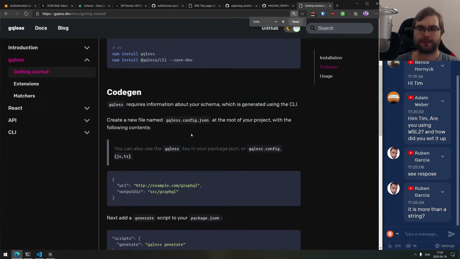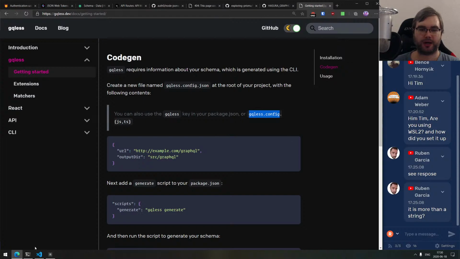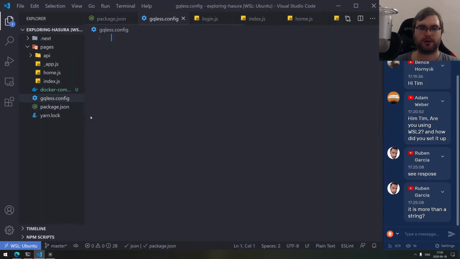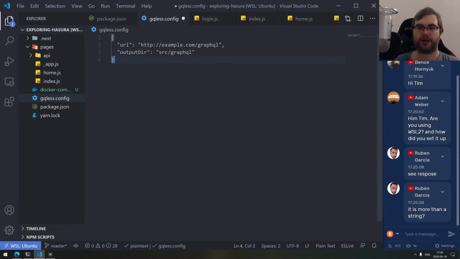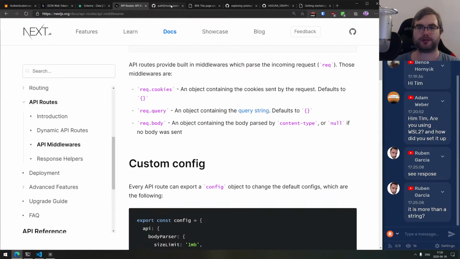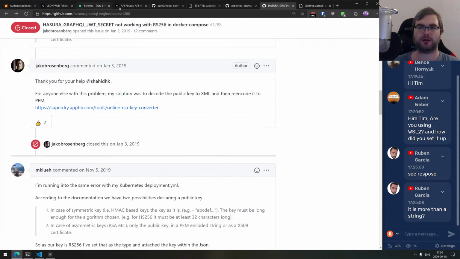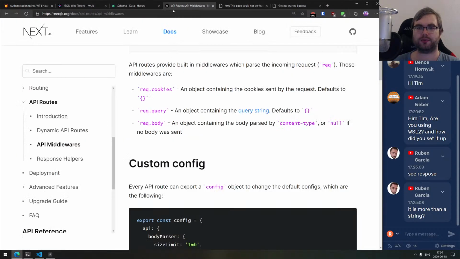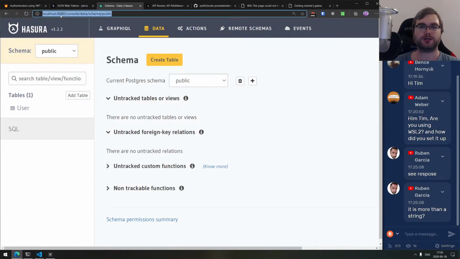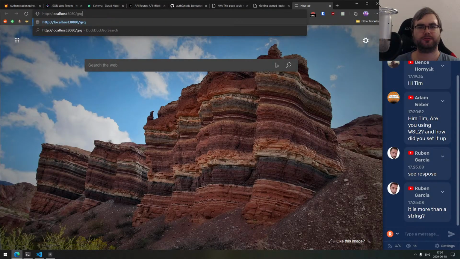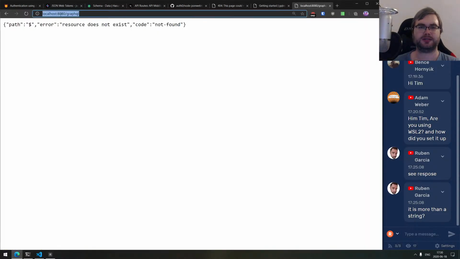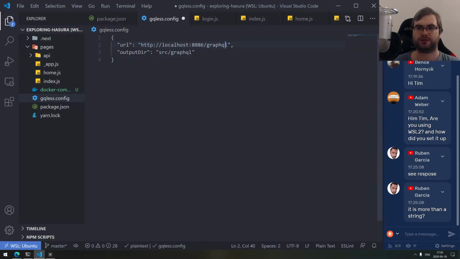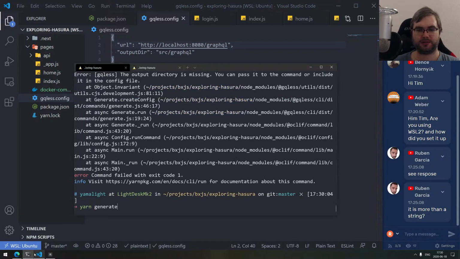Okay, so what am I missing? Oh, gqless config. Okay, got it. Right, URL. Okay, so the URL for our GraphQL endpoint is going to be, where's my Hasura? We don't need this anymore. I think, no, you know what? I'm going to leave the JWT because we haven't finished with that. So where is my, I assume this is the resource, right? So it's going to be just 8080 graphql. Okay. And then if I run generate,